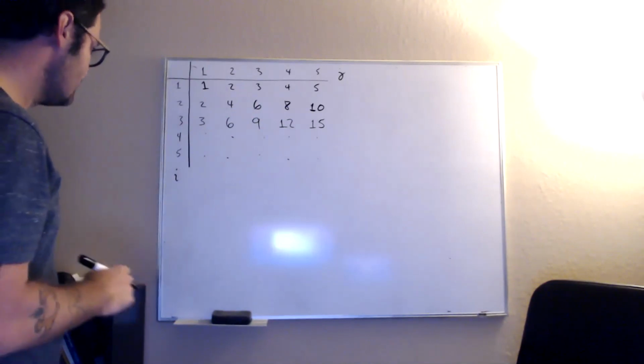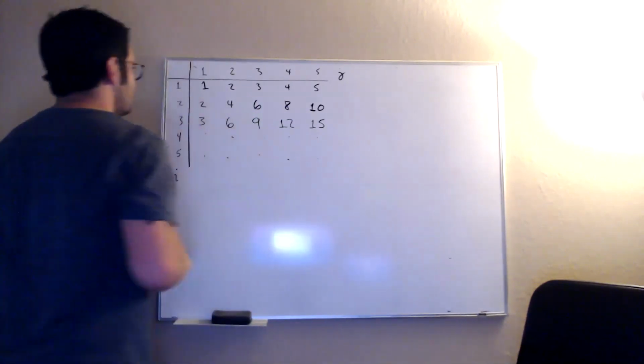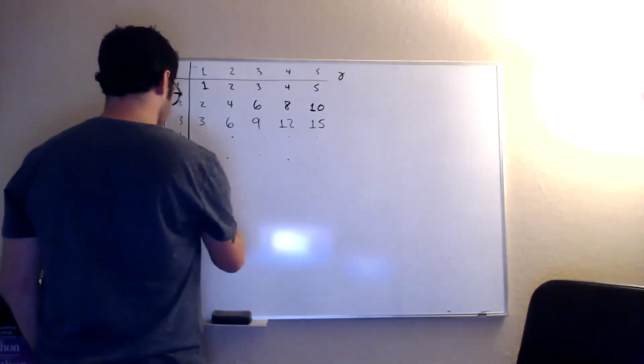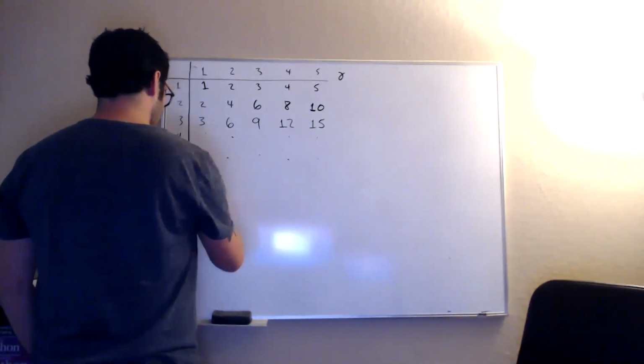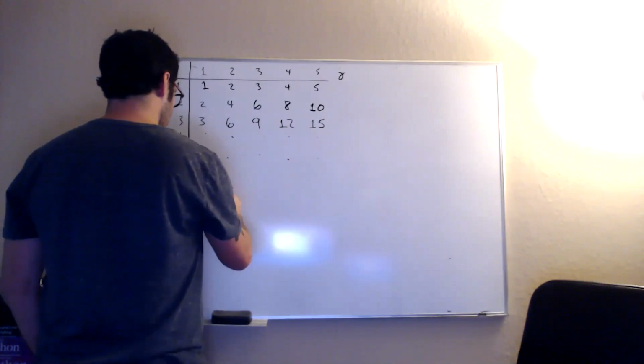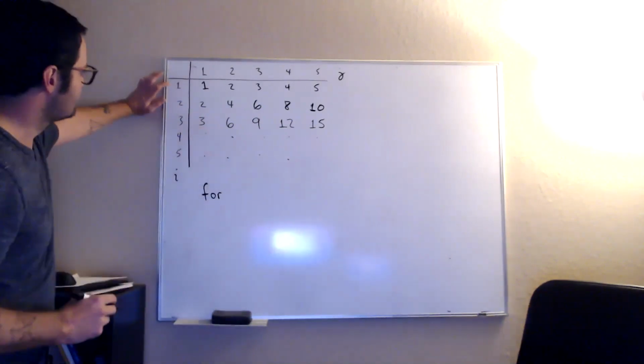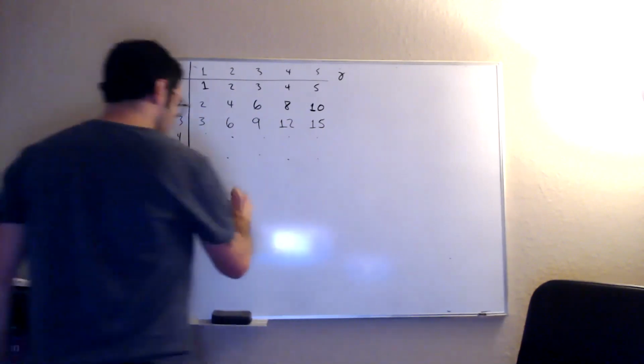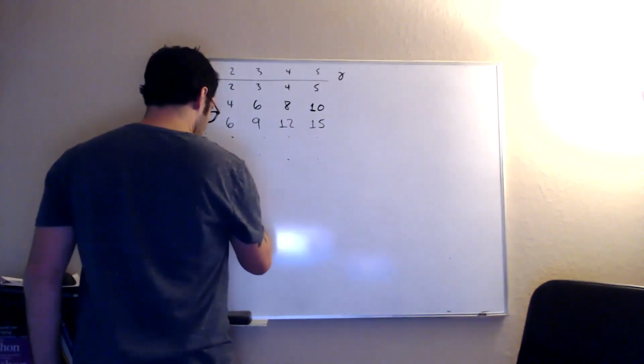So the way that you can produce something like this would be something like, so for, and we're going to choose I to be our first index to increment through. So for I